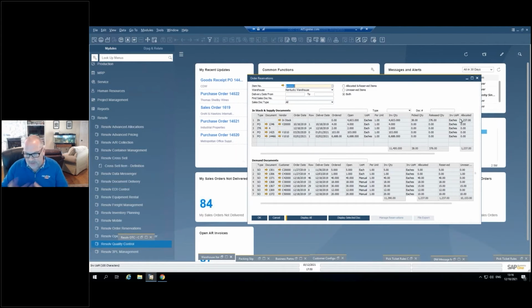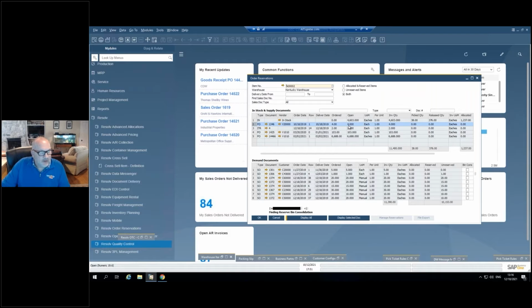This functionality is available throughout Resolv. And what you're able to do here is do an allocation of inventory from inbound orders to outbound demand. So the allocations can be from a purchase order, a production order, a transfer, and it can be to outbound sales orders, quotes, AR reserve invoice, production orders if it's a component, or transfer requests to other warehouses on the outbound side. And the screen is designed where you have a top section, so you'll see a purchase order here,